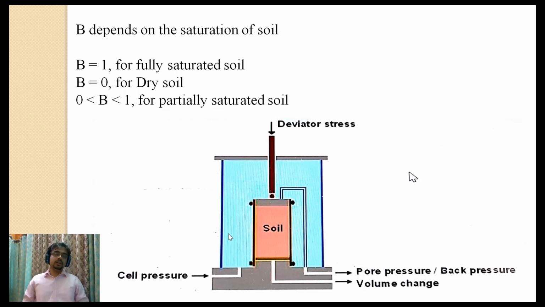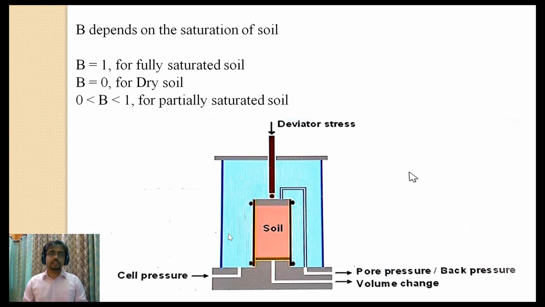Now suppose this is a dry soil. The dry soil has all air and soil solid. The air is very compressible. So whenever we apply a load, whenever we apply a stress, the air cannot take any load. So the total load will be taken by the soil solid. So there is no pore water pressure, there is no excess water pressure. So del U1 should be equal to 0. There will be no excess water pressure generated as there is no water in a dry soil.